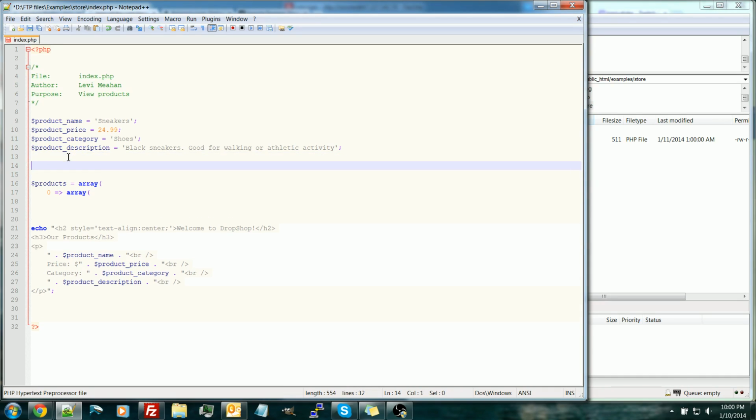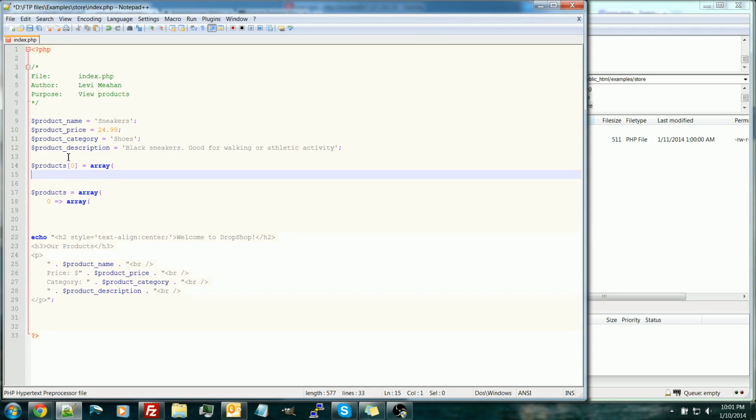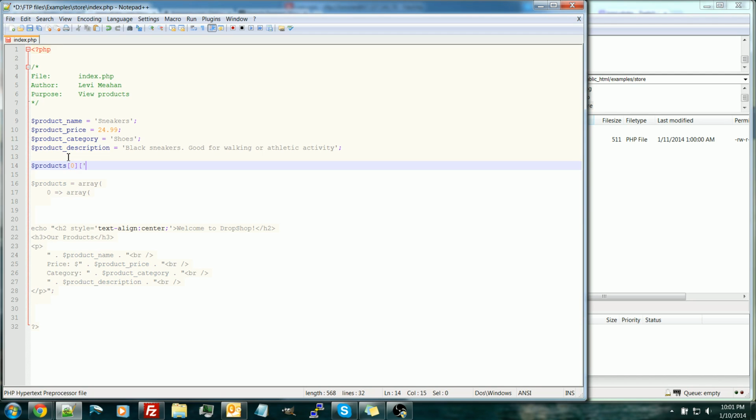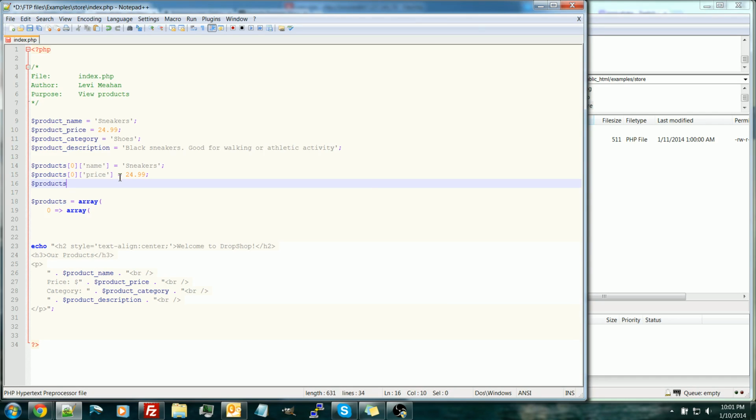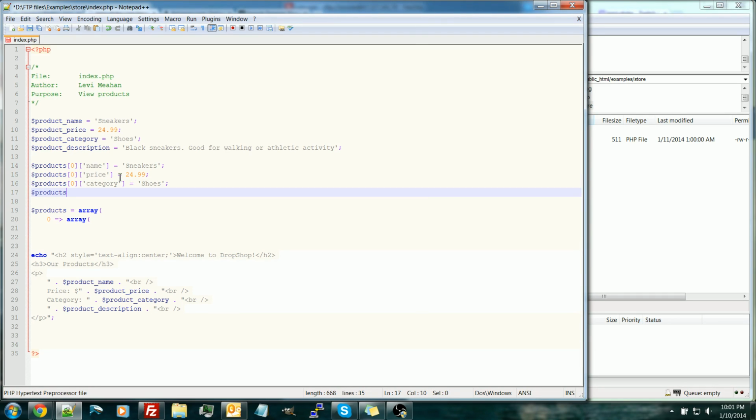But let me just do this real quick to show you. Okay, so if this is how we do an array, right? There's two ways you can define an array actually. So you could do it this way. Okay, so now we have all this laid out in an array, but there's an easier way to do it,